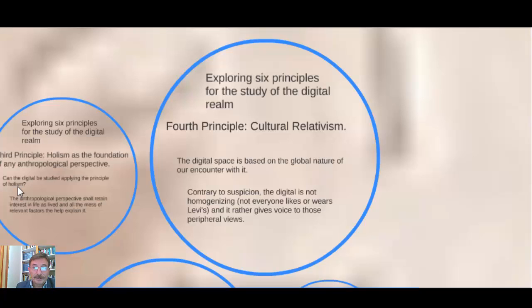Doesn't mean you have to convert, but it means that if you want to understand it, you have to look at it from within and provide value to those parameters that explain that experience.